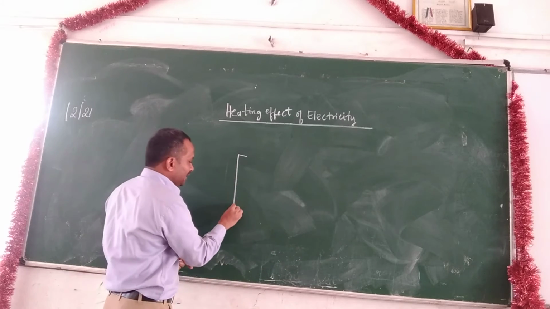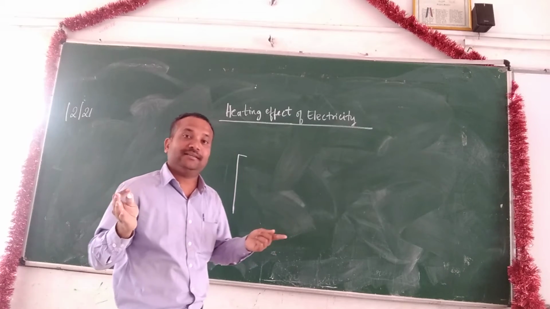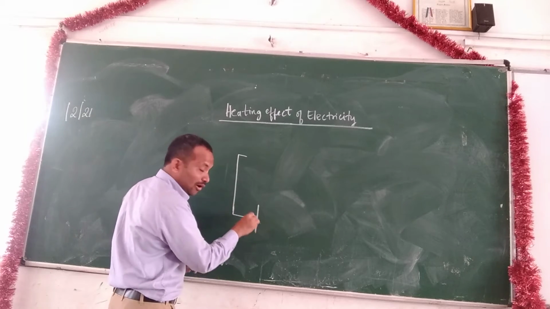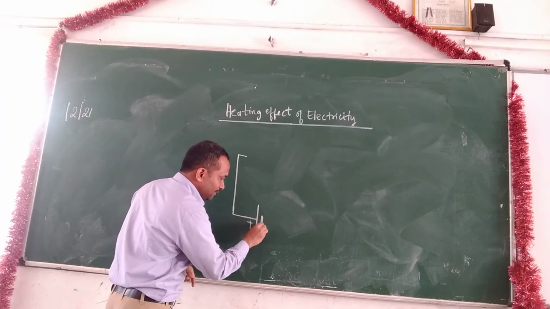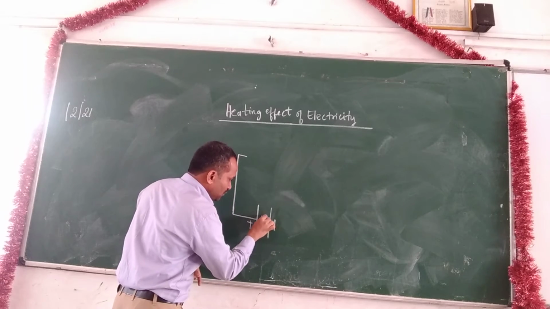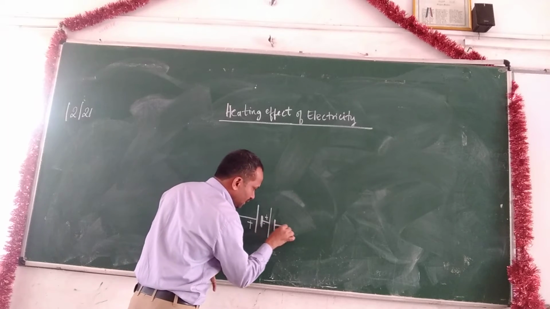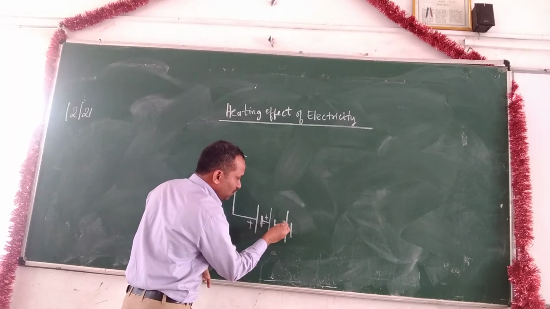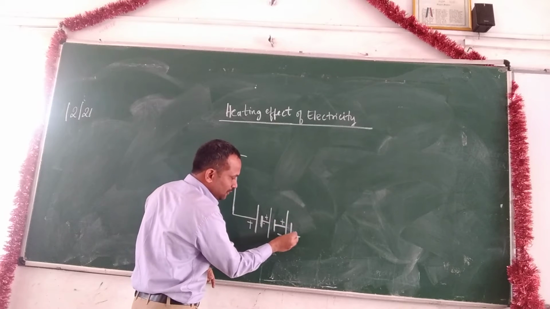So this copper wire itself we can call the conducting wire in the circuit. So we have a cell, with a positive terminal, the longer line, and a negative terminal, which is the shorter and thicker line. Another cell, with positive and negative terminals. This shorter line is the negative terminal. And I will connect one more cell, positive for the longer line, negative for the shorter line.